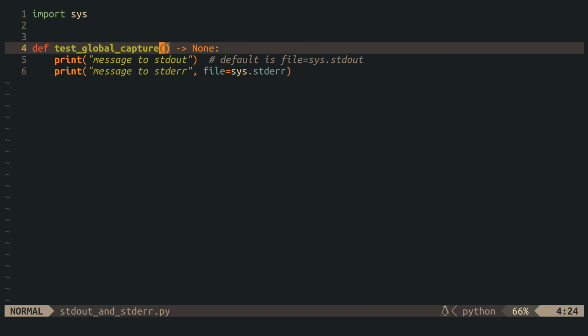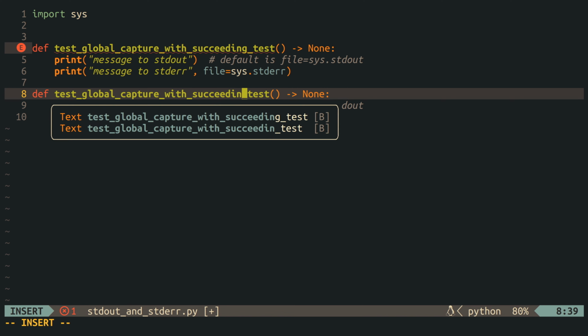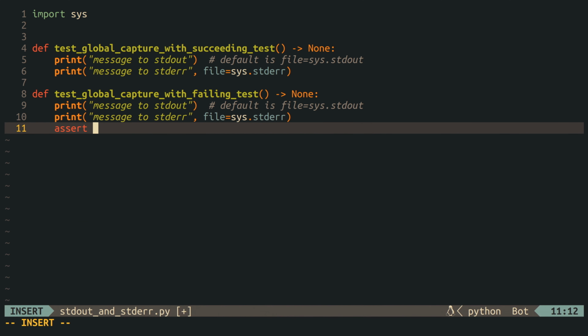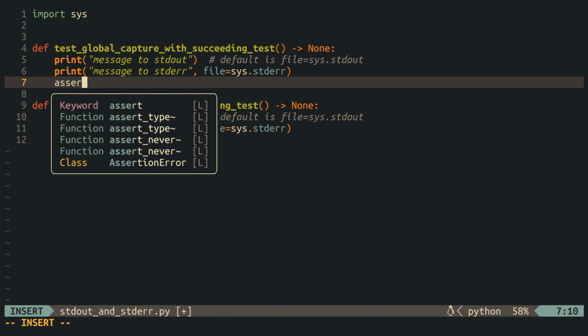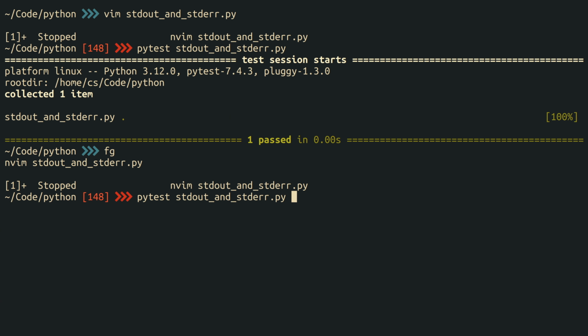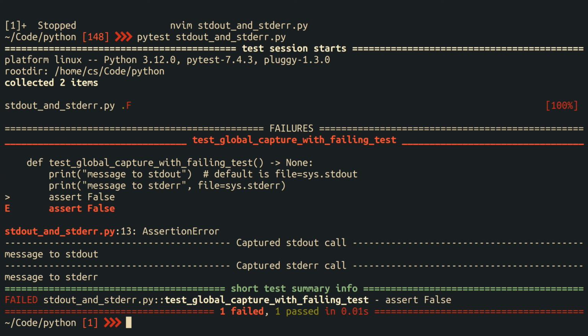The next step is to add a second test case that also prints messages to stdout and stderr, but this time I'm forcing the test case to fail by adding an assert false at the end of the test case, and for the sake of clarity I'm also adding an assert true at the end of the first test case. When you run the test suite again now, then you get one passed and one failed test. And for the failed test, PyTest tells you where the failure happened, meaning you get the file name and the line number where the assertion error was raised. But it also prints out for you all of the output that it captured while it was running the test, because potentially this information could also be helpful to understand why the test failed.